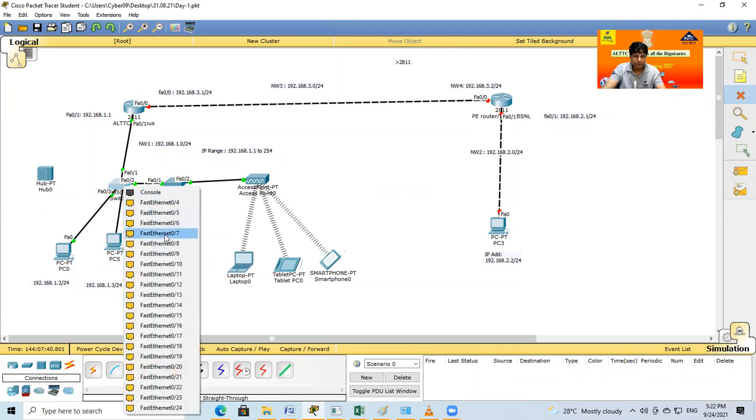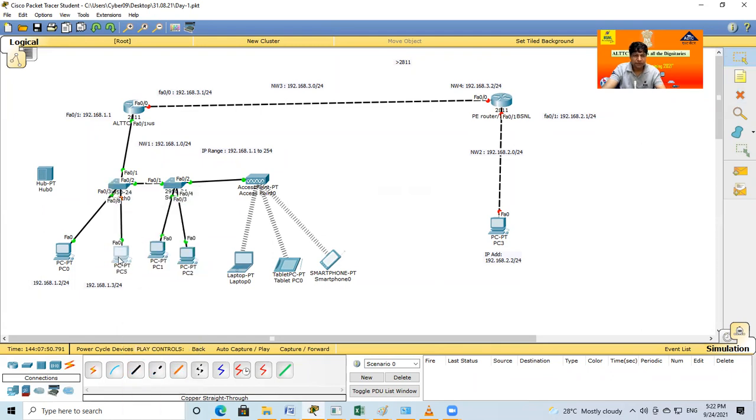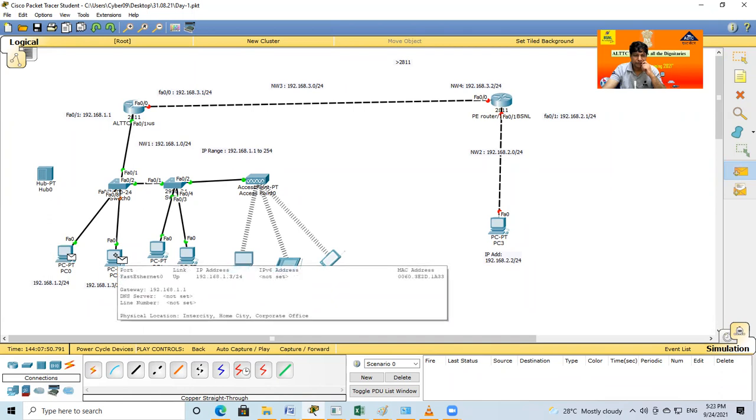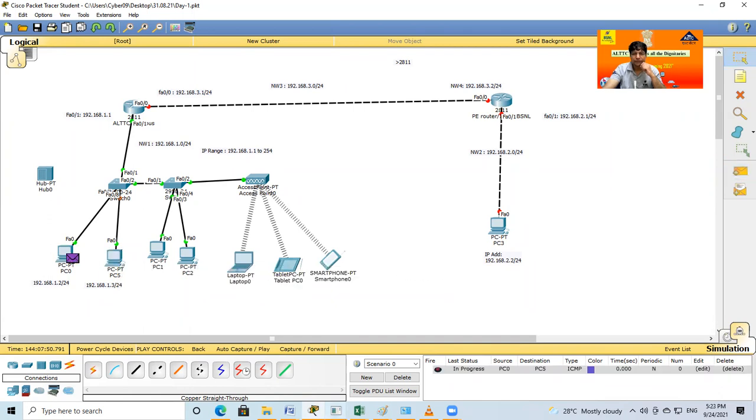Wait, why wait? Another port, number 8 port. Again, take a packet from this PC to this PC. I want to send from this PC to this PC. Okay, just wait now.